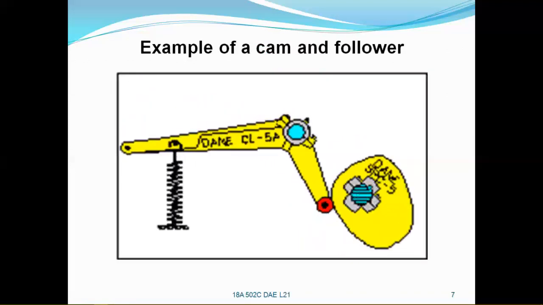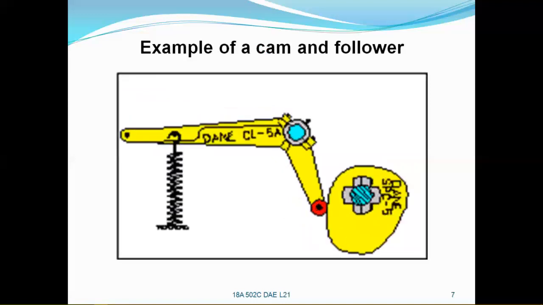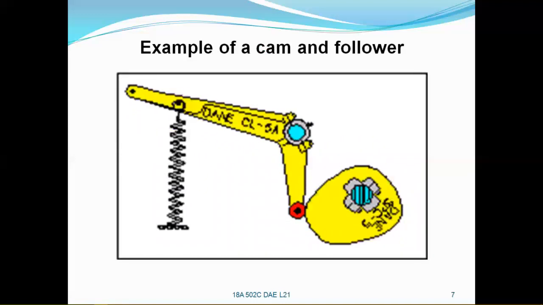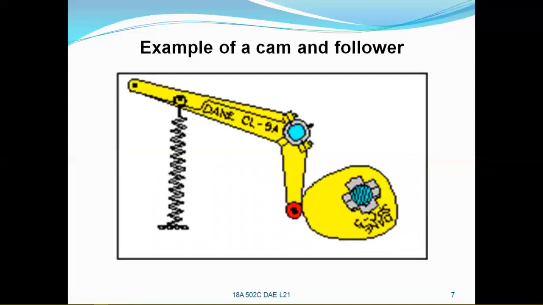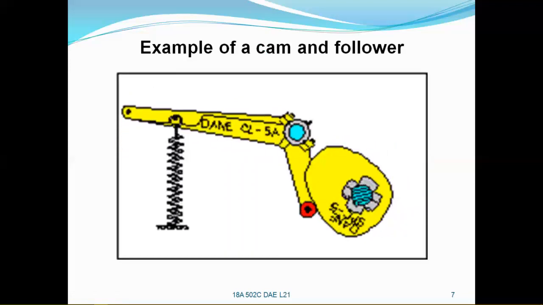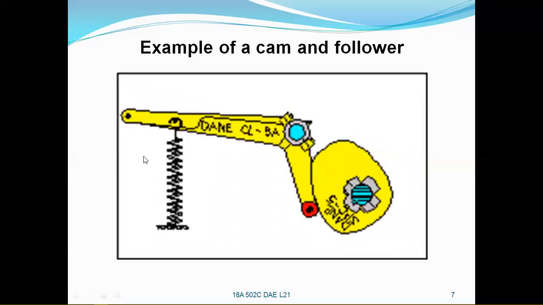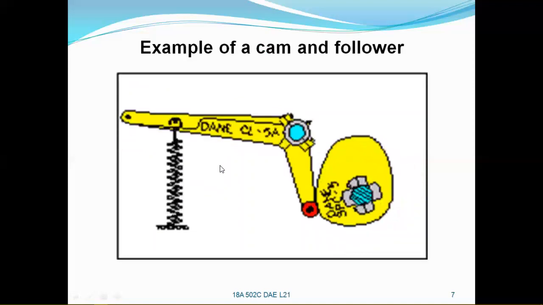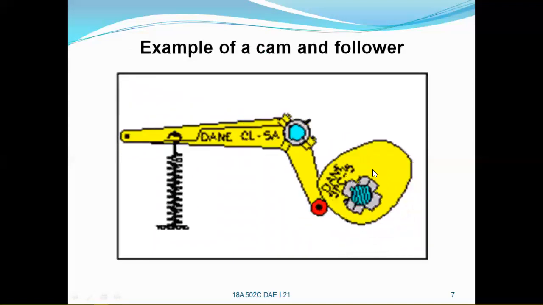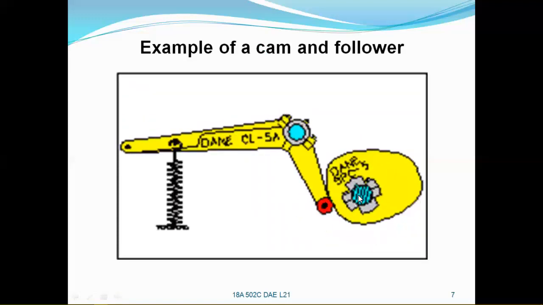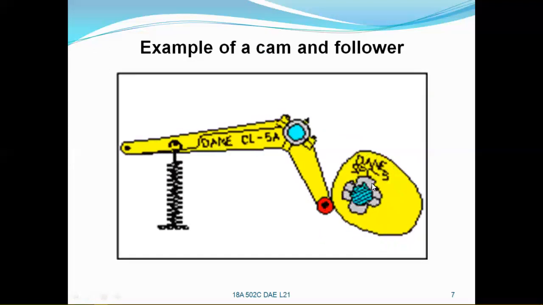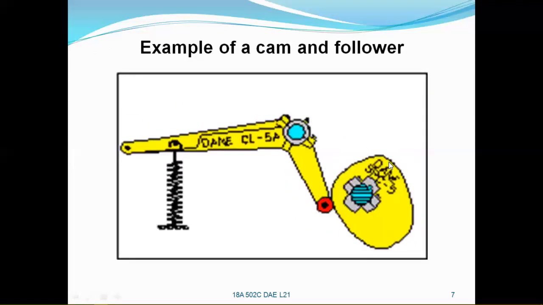In the previous example, as you observed, the rotary cam, the rotating disc cam, and the knife edge follower are in contact with each other only because of gravitational force. Now here is the rocker arm, this is a spring, and this is the cam. As it is rotating about this axis, the roller follower of the rocker arm is in line contact with the